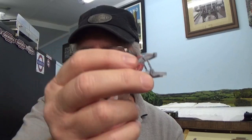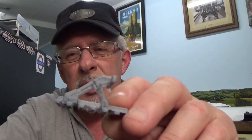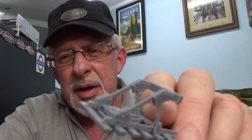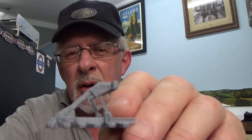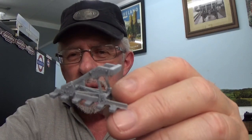All you've got to do is actually place this at the end of the siding, glue it in position, obviously paint it and all that sort of thing, and it's done. It's also a dead piece of track, so you're not going to get any current flowing through this plastic, folks. So I think it's a novel approach, and I think it's come up really well. I don't know whether you guys can appreciate the detail there, but that's quite a nice little buffer stop, and so I'll be installing those at some stage